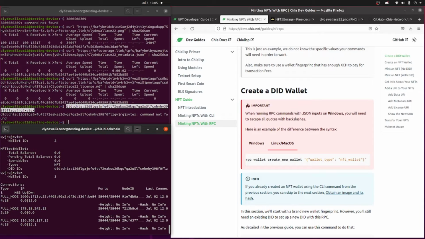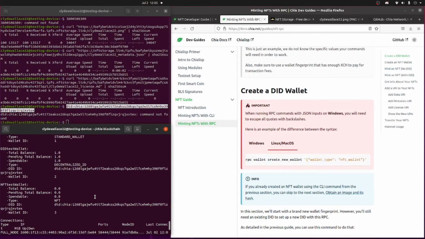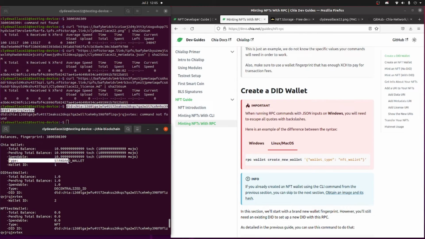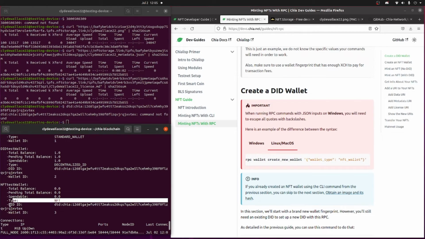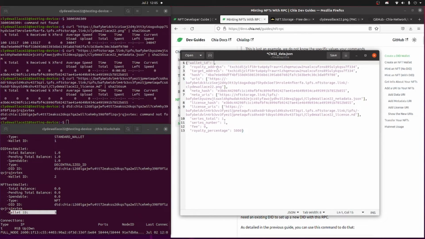Great, we've created the NFT wallet, and we're going to run chia wallet show again with the proper fingerprint. And you'll notice now, not only do we have the standard wallet and the DID wallet, but we also have an NFT wallet. Pay close attention that that DID wallet has an amount of 1. That's because it actually costs 1 mojo to create a DID. So you'll also see that our standard wallet has decremented by 1 mojo. The NFT wallet does have a direct identifier to that DID itself, but what we want to look at is the NFT wallet and the wallet ID of that NFT wallet. So our wallet ID here is number 3, and that is the last piece of information we need in our